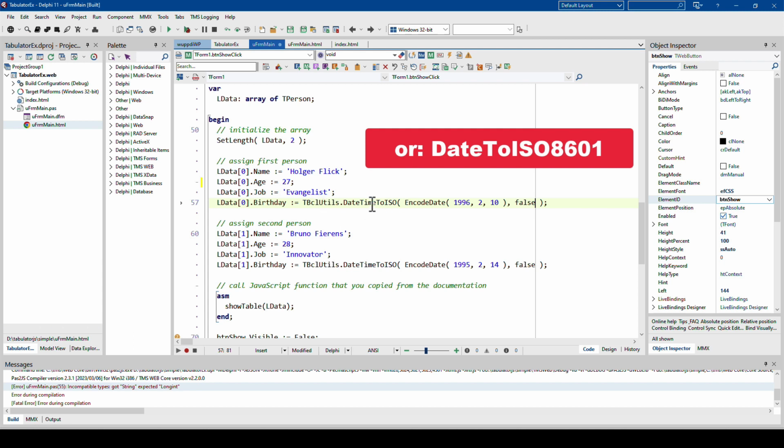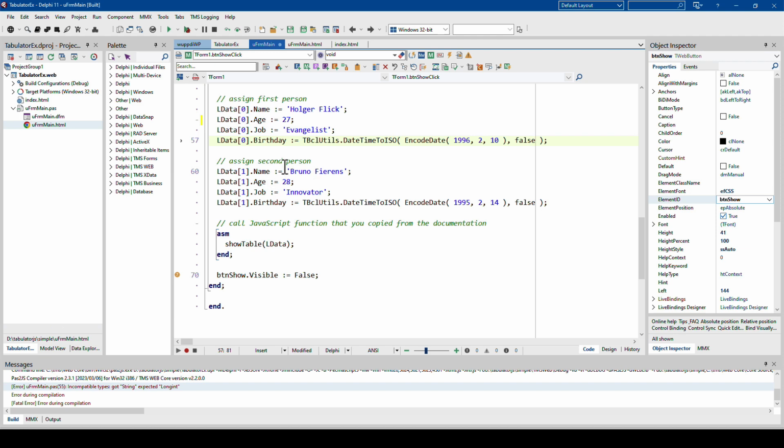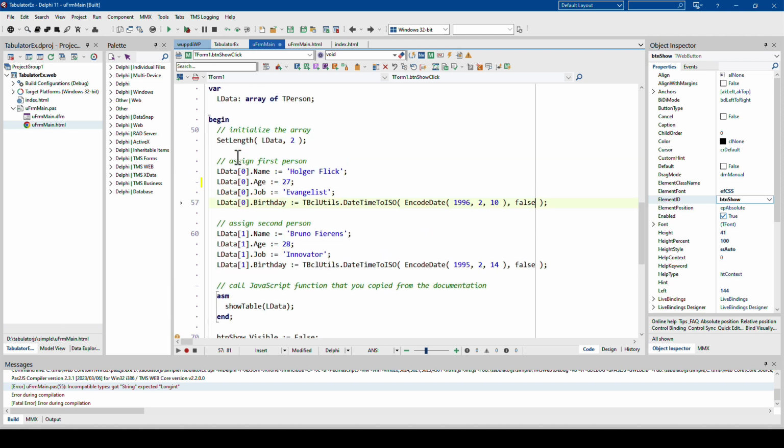So this will create a TDate in ISO format. And going ahead right here, we have the second person. And as it's an array of record, we don't need to instantiate anything. We can just access the first and the second element of the array like that.